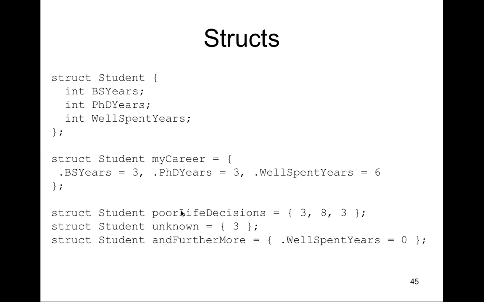So if we use it down here, we can say student poor life decisions, and we can add it in numbers, which is kind of a slightly different way of defining the structure. Or we can say student structure unknown is 3, and student structure student, furthermore dot well spent years is equal to 0. So it'll automatically populate the values for the 3 data members that are part of the structure